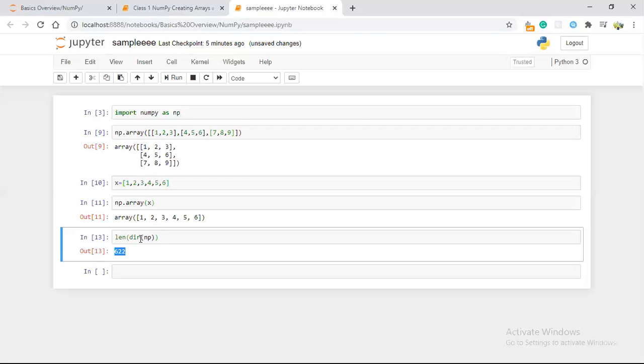If we covered all 622 NumPy functions, NumPy itself would take around 2 to 3 weeks, because it's almost 600, right? So now we are going to discuss only the basics of NumPy, which are all very important to handle your data science. As we already told, NumPy is mainly used to handle image analytics, not data analytics.